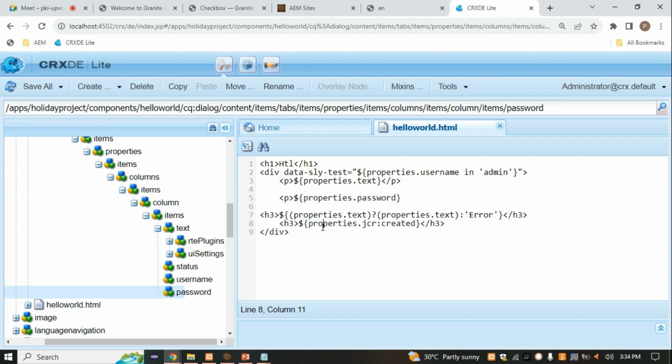Properties dot JCR created, that's nice, no? Should I type it, no, it won't print. Properties we have to use anyhow, properties dot JCR created. Okay, I'm simply saying this is the thing I have to print. Where is our properties? Yeah,